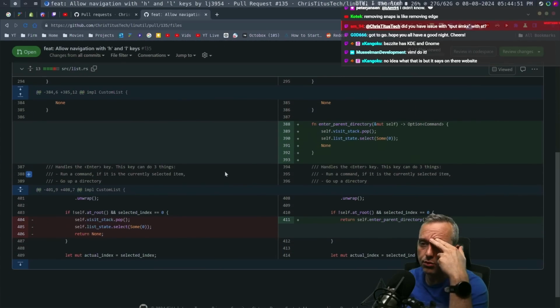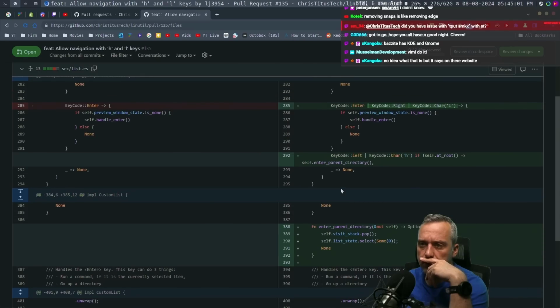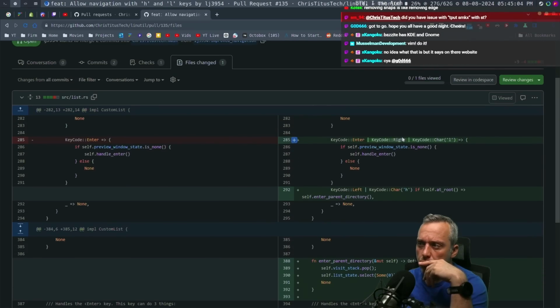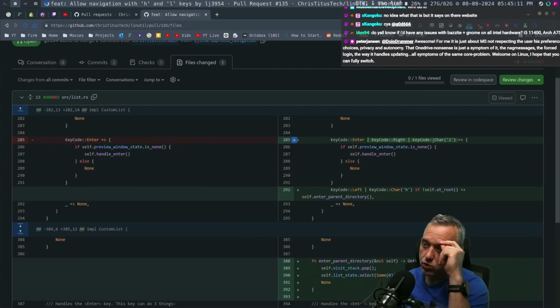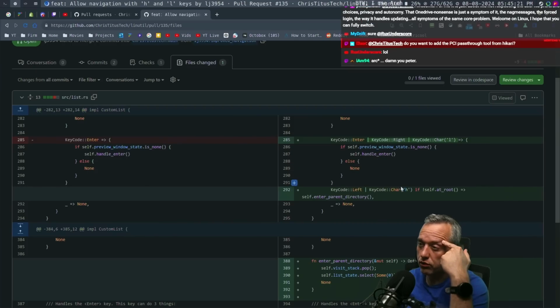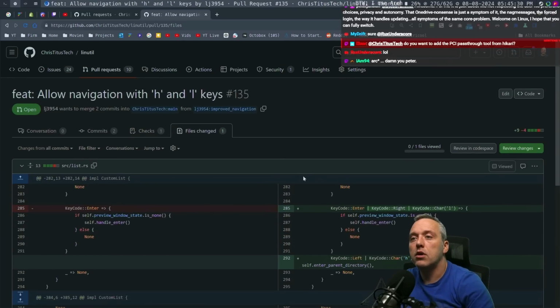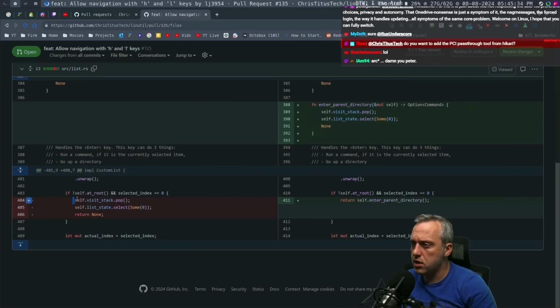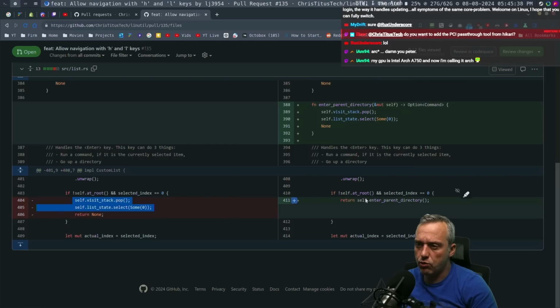Looks pretty simple. Enter parent directory for that. Enter. We're doing an OR statement. Key right, or character 1. So actually, you could press 1 on the keyboard, key code right, or the enter key. Okay. Handle enter, move in, left, H. Okay. I like it. This right here, if self not at root, selected index equals 0, self visit stack pop,